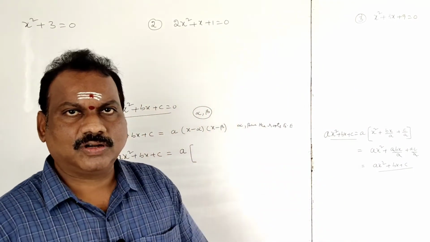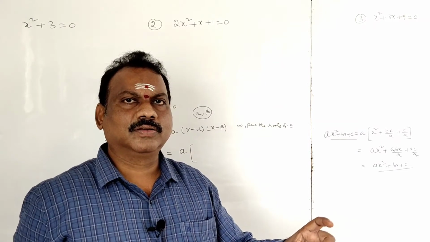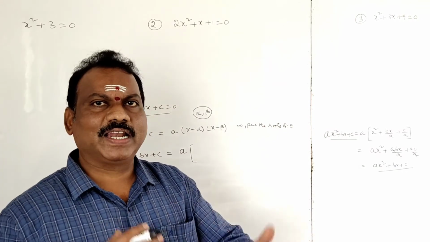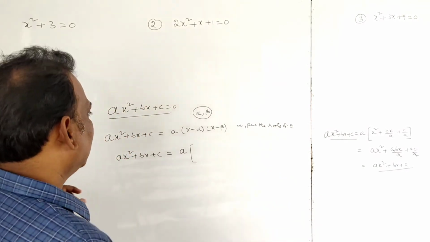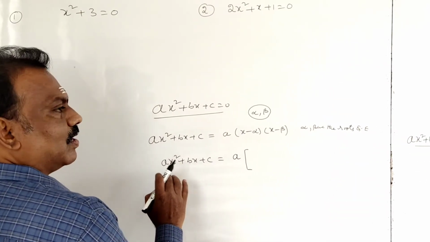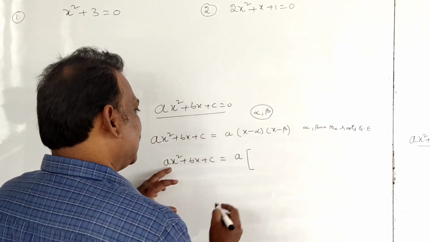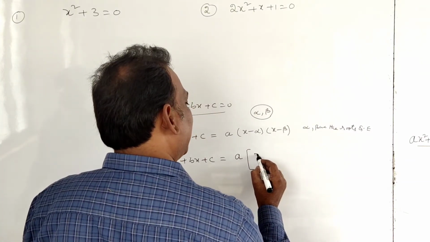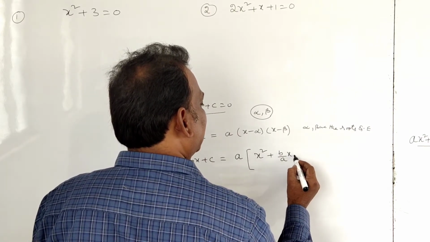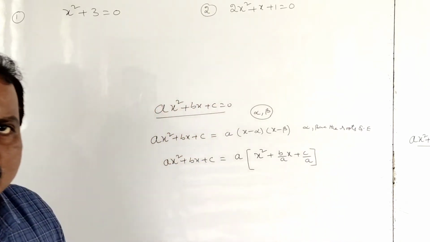Correct, students? So from now onwards, we can take the common value if it is in all terms, and if it is in only one term also we can take it. But what will we get if only one term is common? In these 3 terms we have a common factor for only one term. What is the process for the other terms? You will get it in the denominator. So I can write, if a is common, it is x square, it is b by a into x, it is c by a. I think you understood. Correct, students?